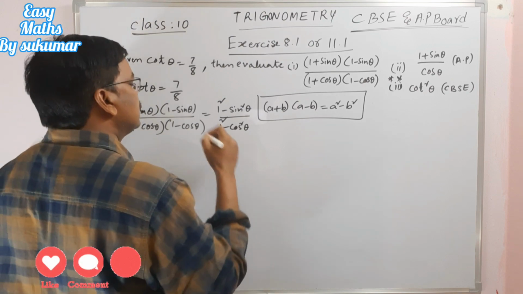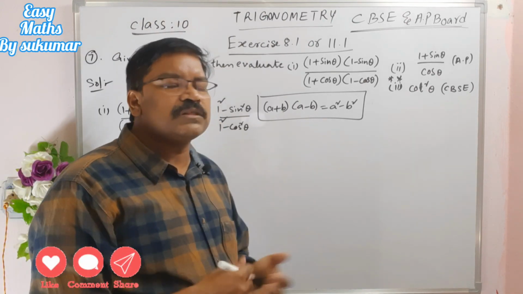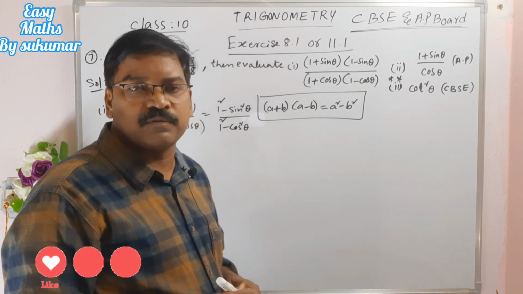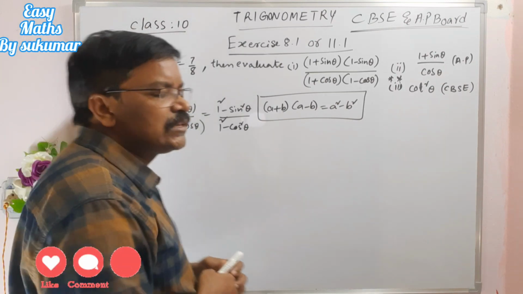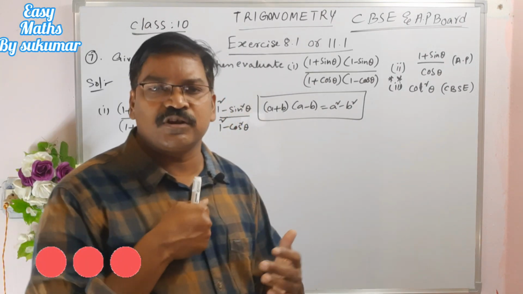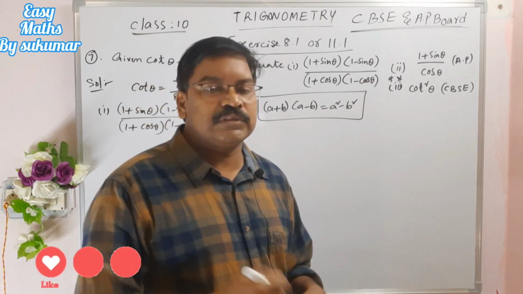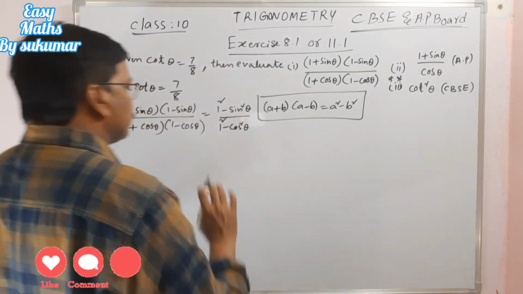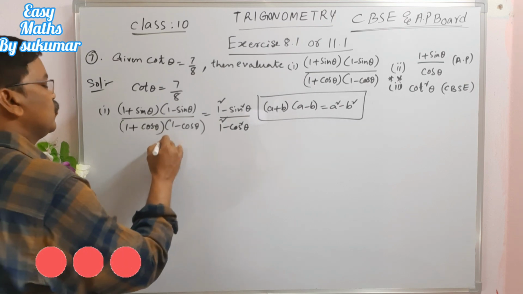Okay, my dear students. See, we can solve this sum by using trigonometric identities also in a very simple way. But so far we have not learned the trigonometric identities. Actually, those trigonometric identities will be coming in the coming fourth exercise. Before that fourth exercise we will learn, right? But to solve this sum, let us use Pythagoras theorem only, right?